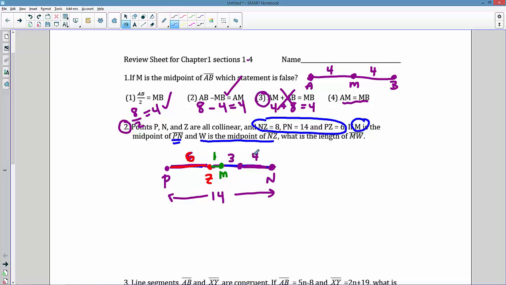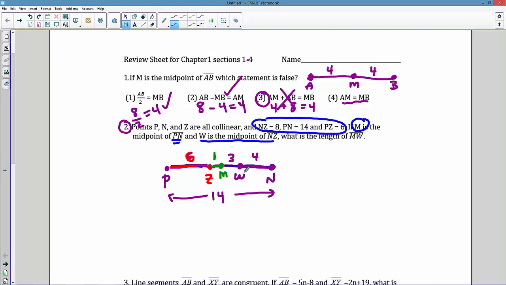Okay, let's still see if everything is true, right? First of all, is W the midpoint of NZ? Well, NZ is 8, and that's 4 and 4 on both sides, okay? Is M the midpoint of PN? PN is all the way across 14, so M is 7, 6 and 1, and 7 this way, 4 and 3. So you can see all of the given information still checks out,